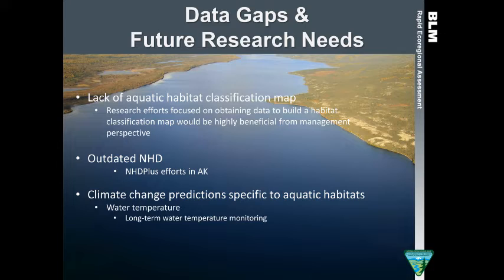And then lastly, the climate change predictors specific to aquatic habitats. So water temperature is essential for developing any of these future modeling efforts. And there is some work right now with developing long-term water temperature monitoring stations throughout the state, and actually standardizing monitoring protocols. That effort's largely led by Heritage Program, Jamie, and others, in collaboration with the Western LCC and I think a couple of other agencies. So it's very promising. We don't have the data now, but it's looking promising that down the road we might fill in some of these data gaps.